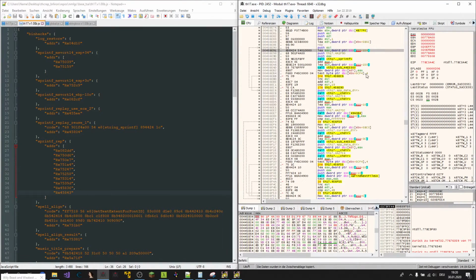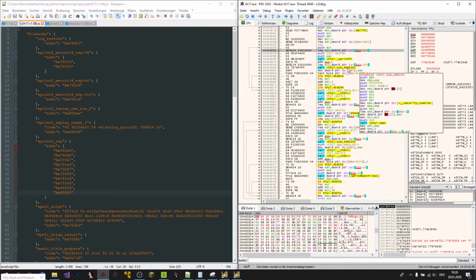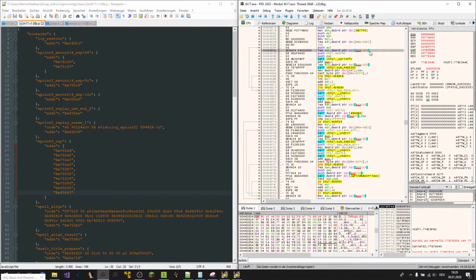Okay, now here is also one where it actually uses the result from the sprintf in the function call after, so I can just